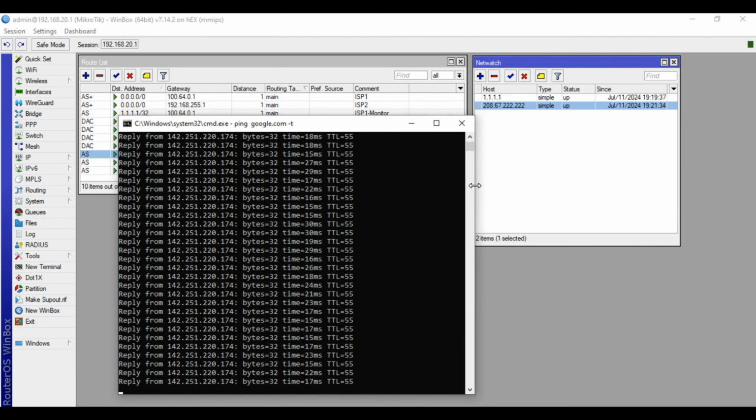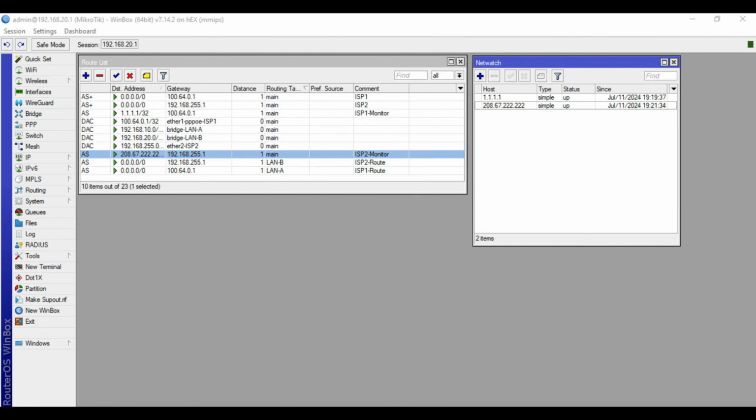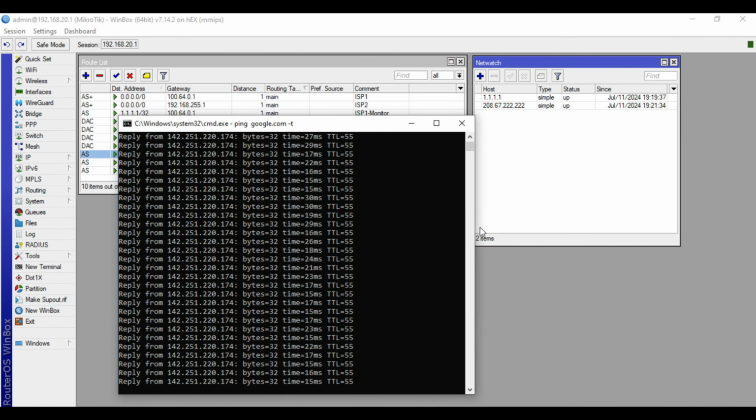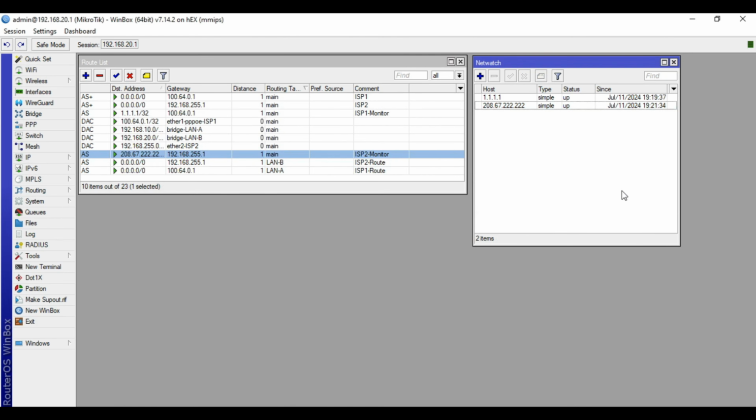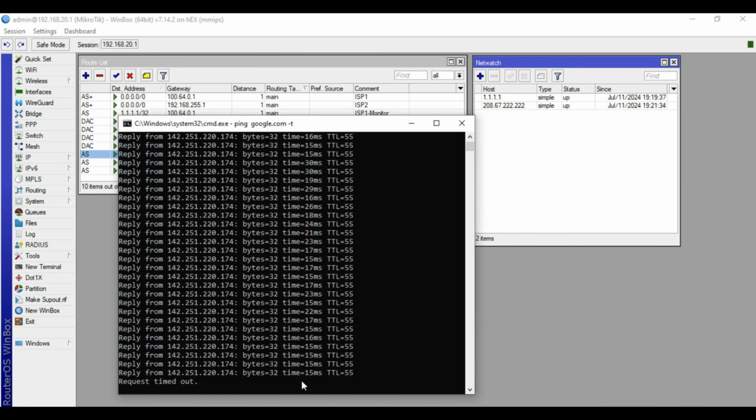I will now simulate a fiber cut. Observe the NetWatch. So as you can see, the NetWatch status is down. Failover will work.